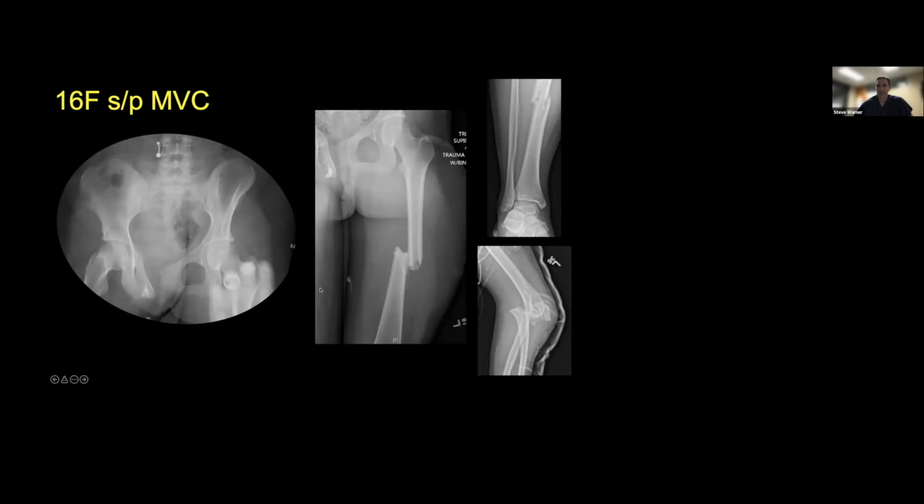As we go through this discussion, we are going to follow along a patient who's a 16-year-old female, came in after a high-speed motor vehicle collision with multiple traumatic injuries, and she's going to help guide us through the discussion of an algorithm for managing a polytrauma patient. She has these injury x-rays as shown here, and while the pelvis is a closed injury, the other injuries are open fractures, and so that may influence the acuity of these injuries and influence the sequencing and so forth.